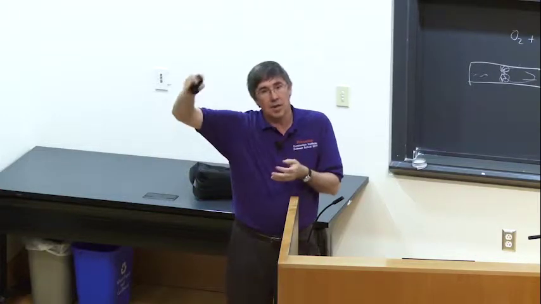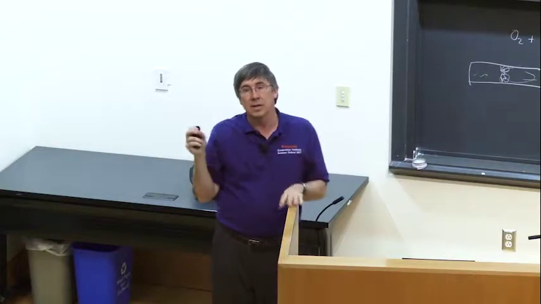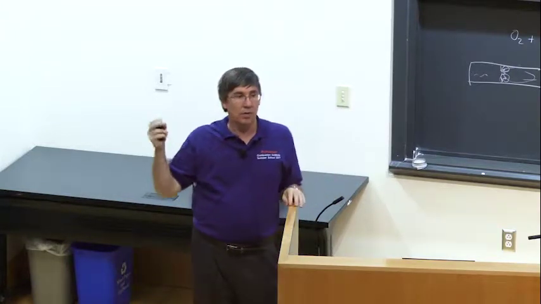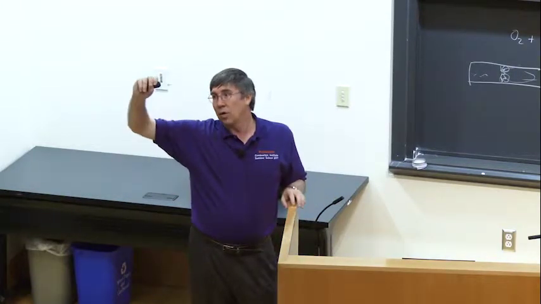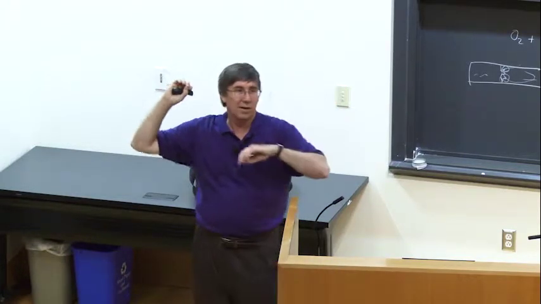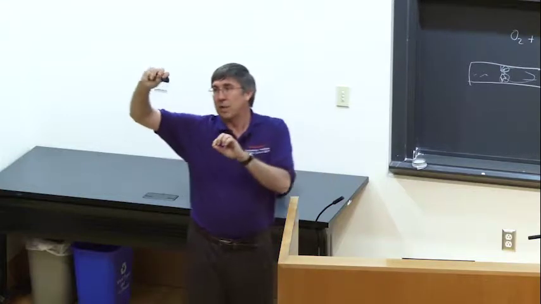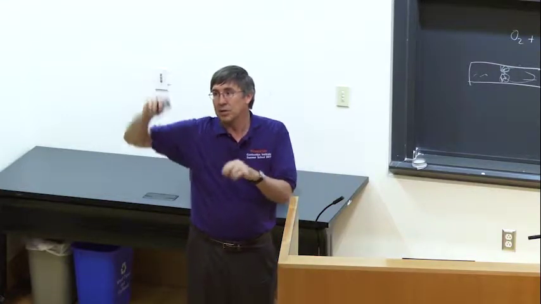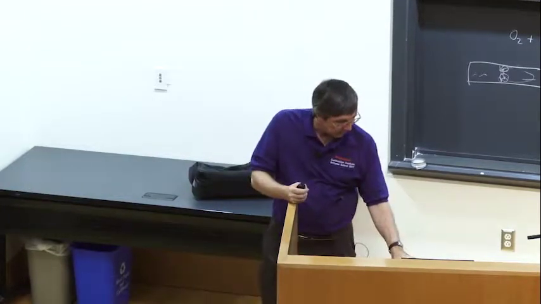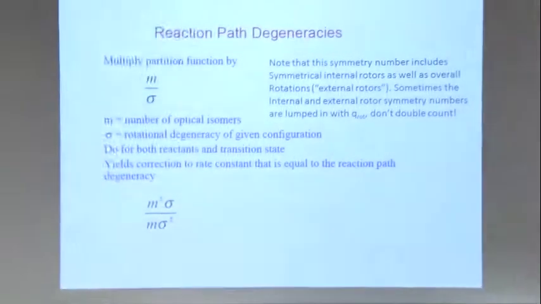So use DFT to find the saddle point. At that geometry, instead of believing the DFT energy, which might have errors of a few kcals per mole, you would instead run CCSD(T)-F12, biggest basis set you can afford at that particular geometry to try to get the barrier as precise as you can, because you really care about the accuracy of that number. So that's what we do.